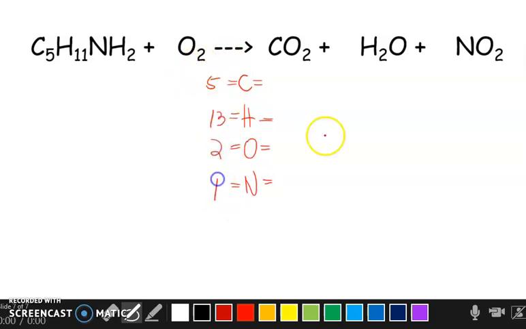And then your nitrogen is 1. Nitrogen is 1. Oxygen is 2. 2, 1, 2. That means it's 5. Hydrogen is 2. Carbon is 1. So,